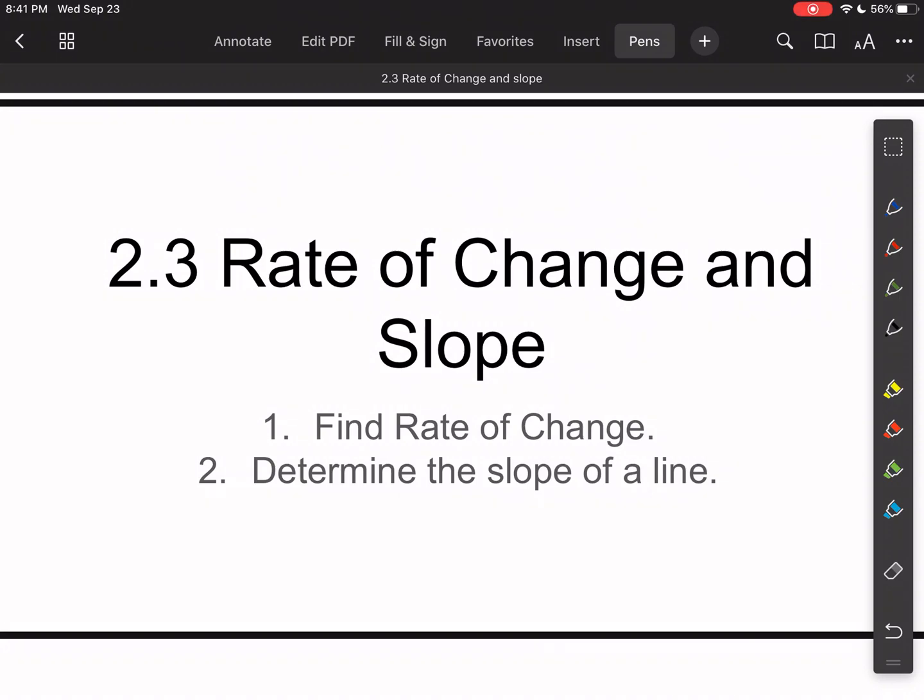Alright guys, I'm going to try to make this lesson short and sweet because, again, it's another review. So rate of change and slope is what we're getting into. Can we find the rate of change in an equation, and can we determine the slope of a line? Turns out they're kind of one and the same, but let's dive into it and take a look at these